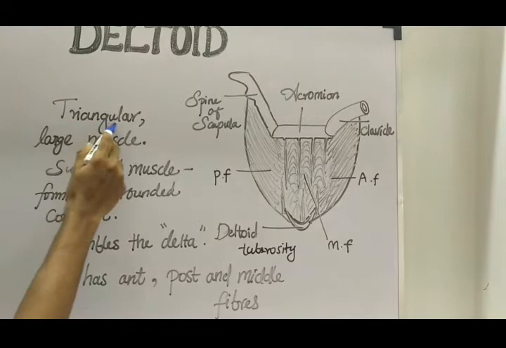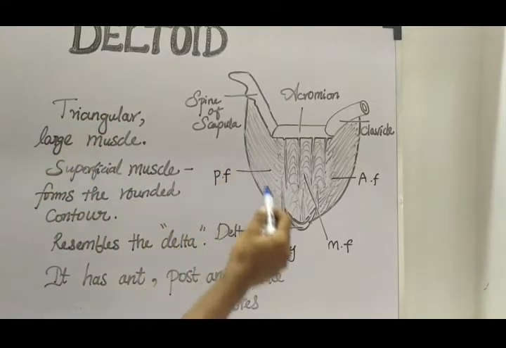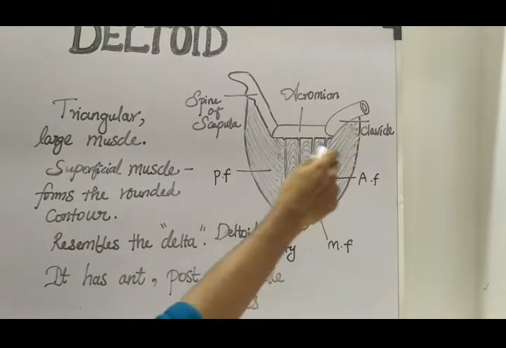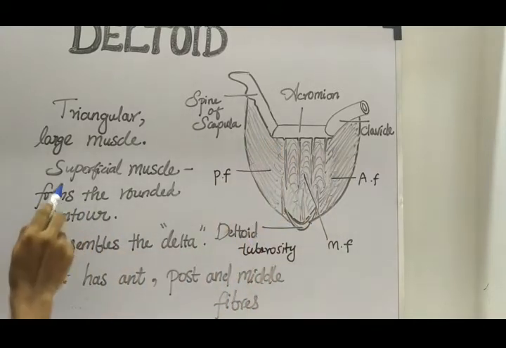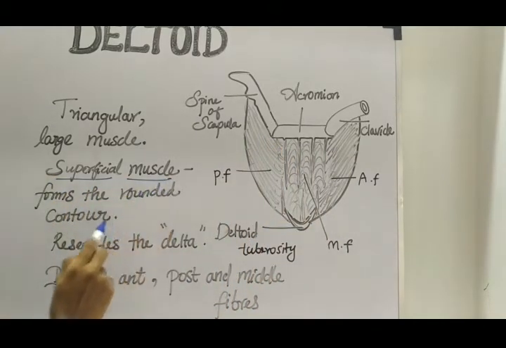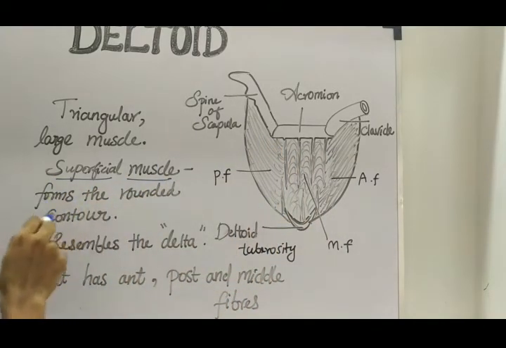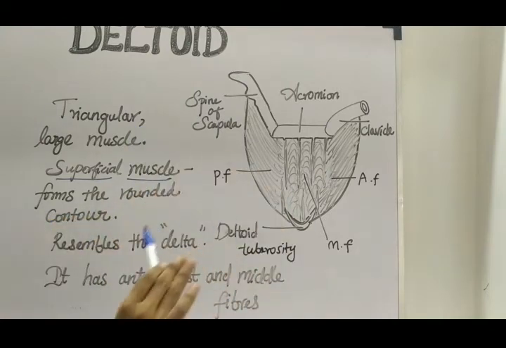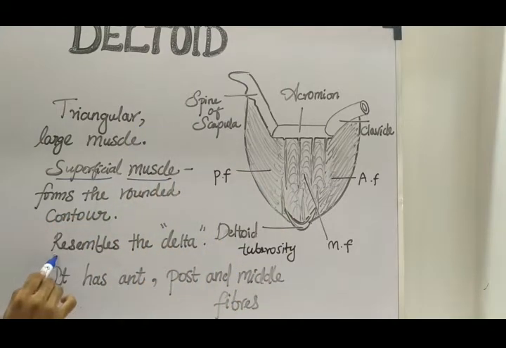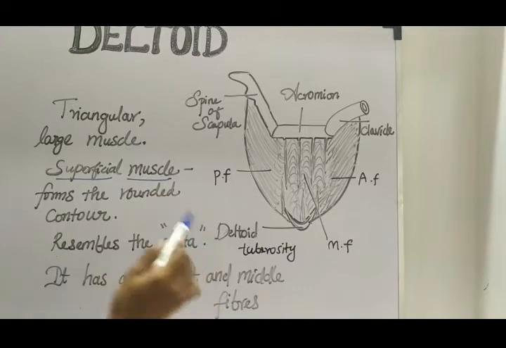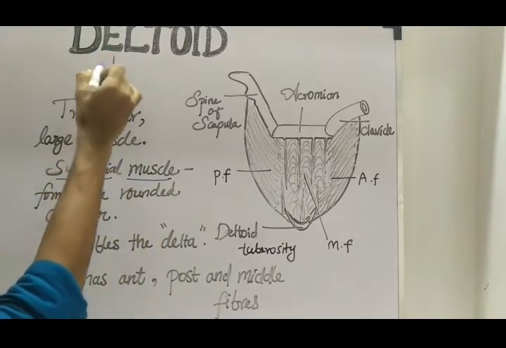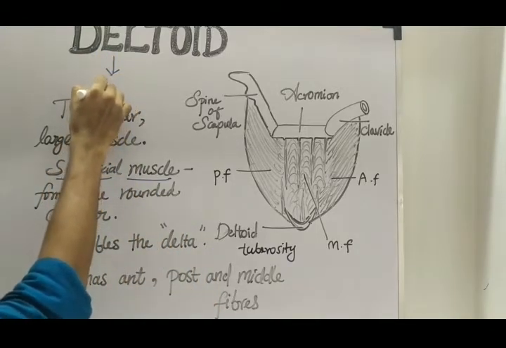It is a triangular large muscle which is present in our shoulder region. You can see it is a triangular muscle, and it is the superficial muscle. Hence, it forms the rounded contour of the shoulder. Then the third point is it resembles the symbol delta. This muscle, deltoid, resembles the Greek letter